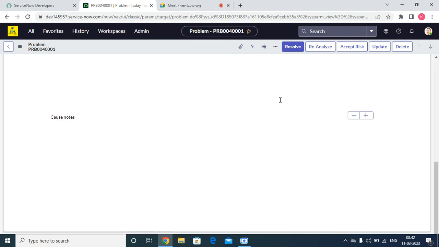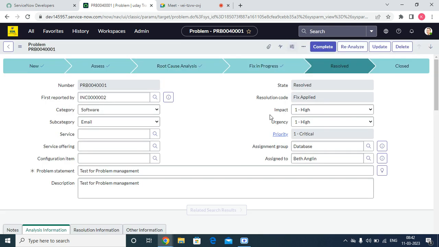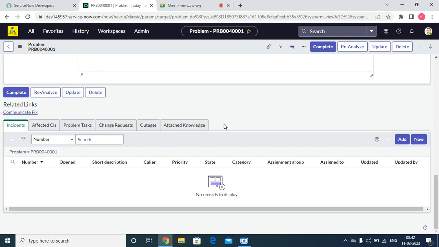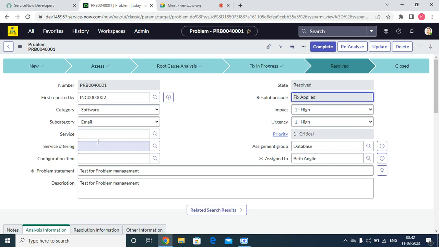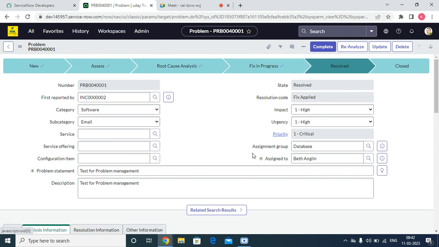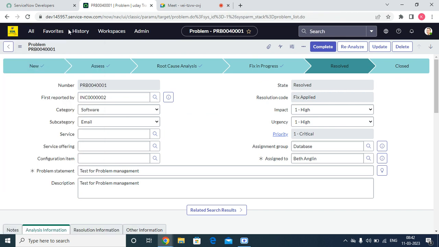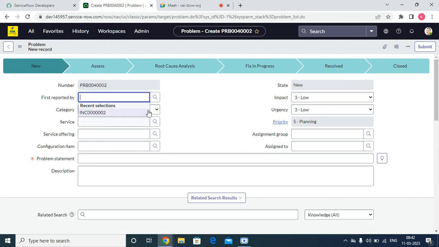That means whatever fix we are trying to propose, all the stuff which was not accepted. So if I click on resolve, this problem is resolved, and the resolution code is fix applied and all the stuff. So this is the basic flow of the problem. Now let's create one more problem and see the different flow for this one. So here I'm just making a problem,